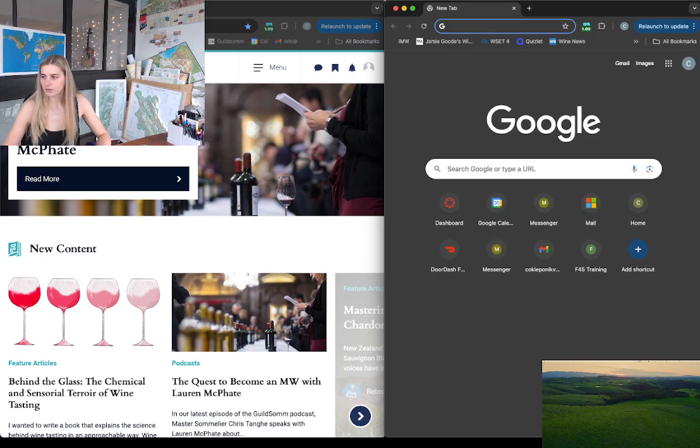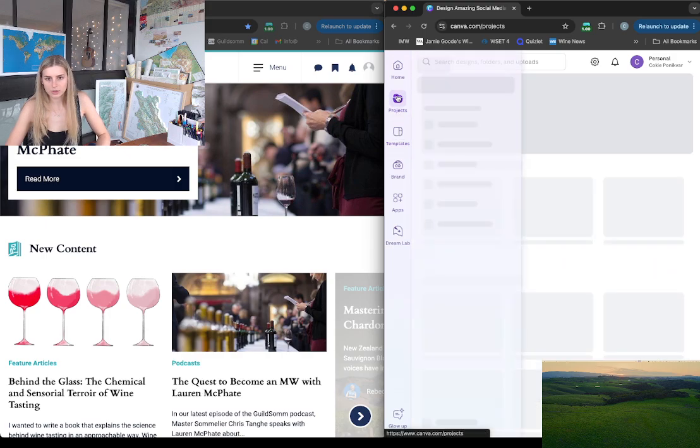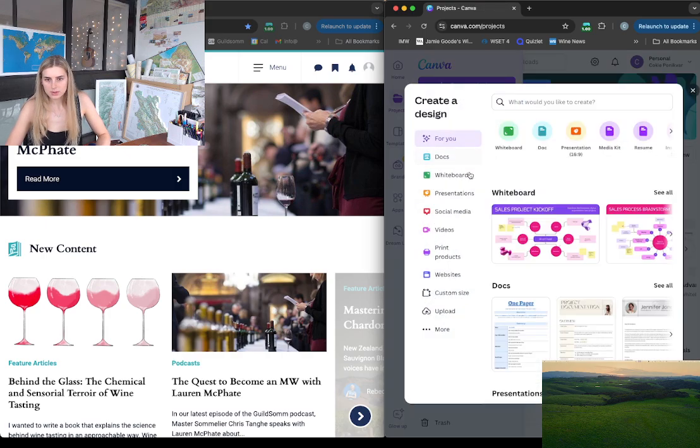So I like to get myself situated. Here I have, and by the way, this little guy down there is going to be my other monitor, if we need more space to search things up or something, so you can see what's going on. But what I like to do is, right now I've been using something called Canva, which you probably know about, but I've been using it for